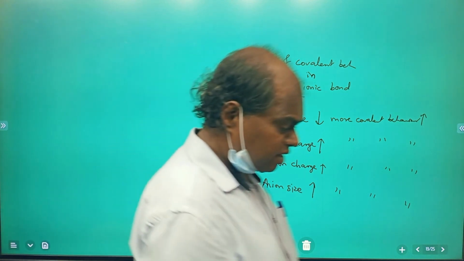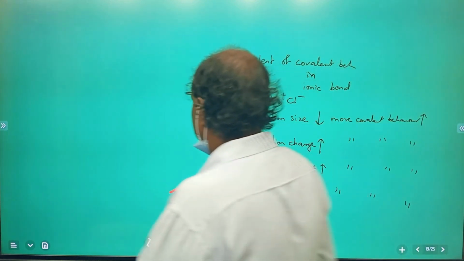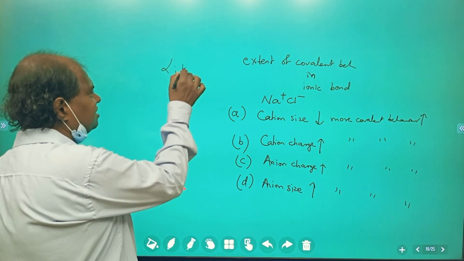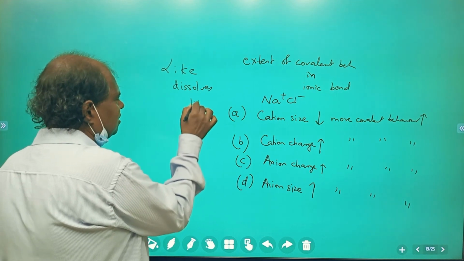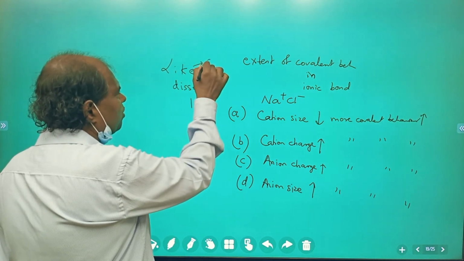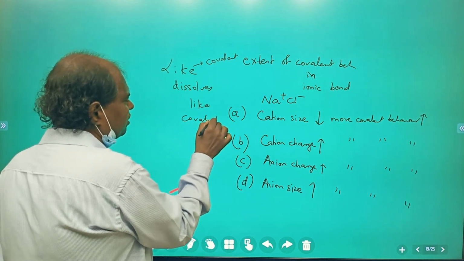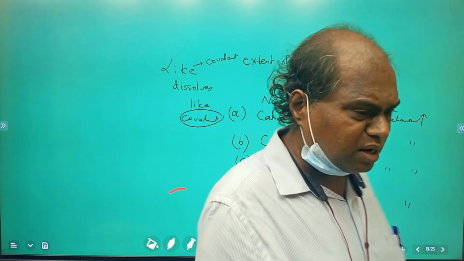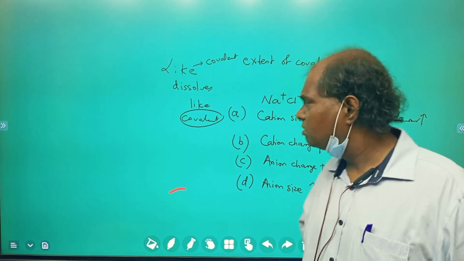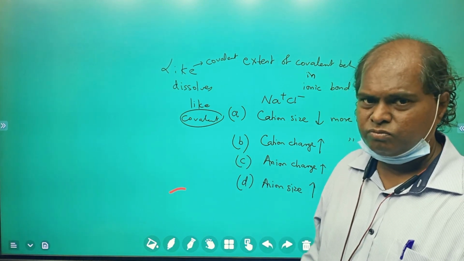And if the molecule is covalent, again I repeat, it will dissolve in organic solvents. In chemistry there's a proverb: like dissolves like. Like dissolves like means if your molecule is covalent, it will dissolve in covalent solvents. And in organic chemistry, everything is covalent. We have done this in 10th standard itself, right? Organic chemistry is fully covalent. So therefore, covalent molecules will dissolve more in organic solvents.